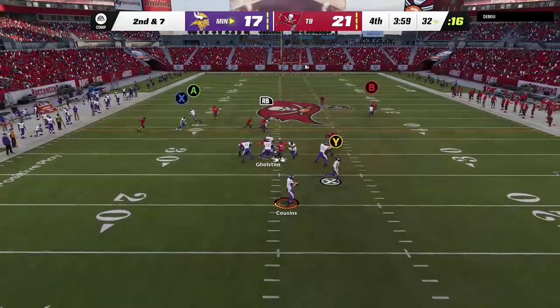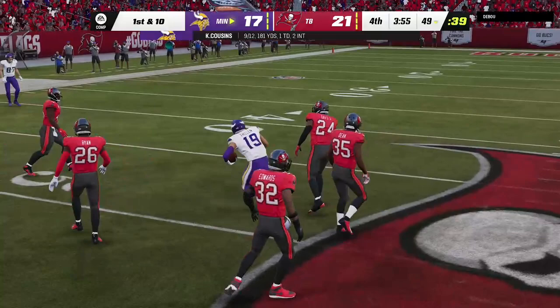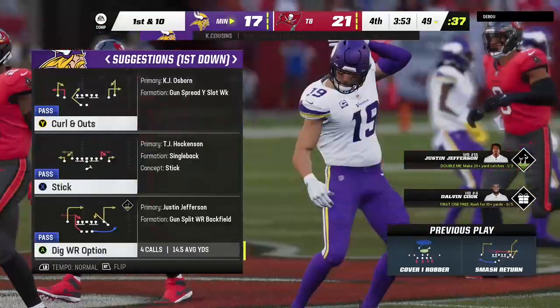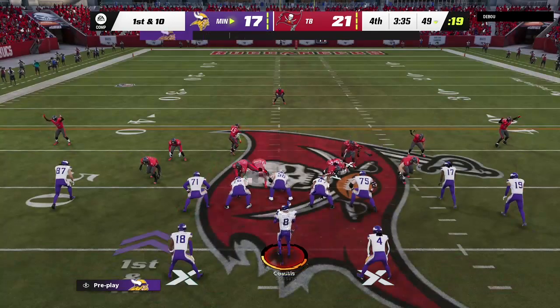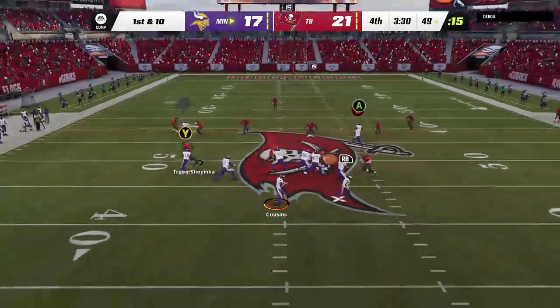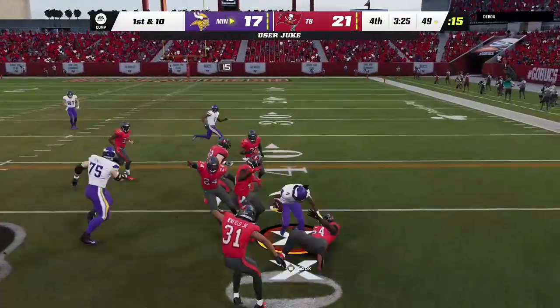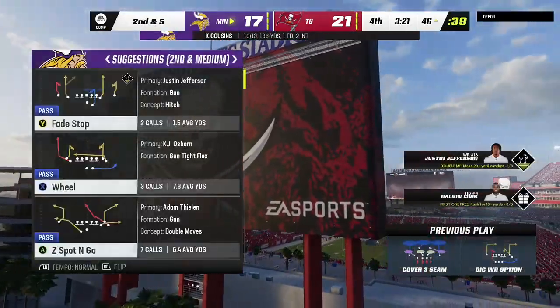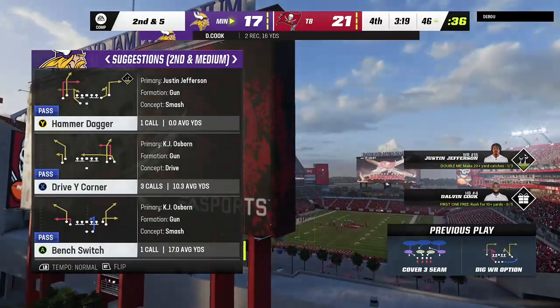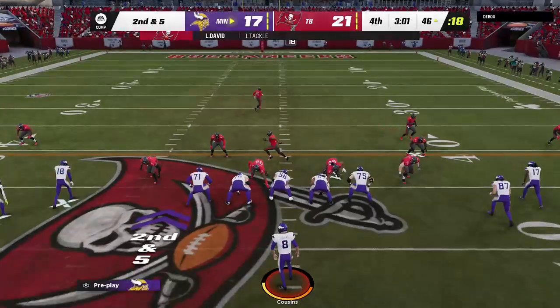On 2nd and 7, Cousins. That is caught by Thielen, and they bring him to the ground just shy of midfield. 2nd catch for the day, and it'll wind up. Now, complete right side to Cook, and he'll be tackled on the other side of midfield at the 46-yard line. All defenses worry that whenever anyone catches the ball and has a head of steam coming out of the backfield, it can turn into a big